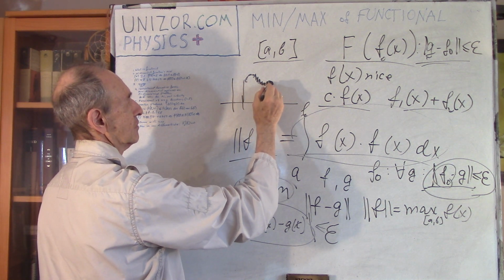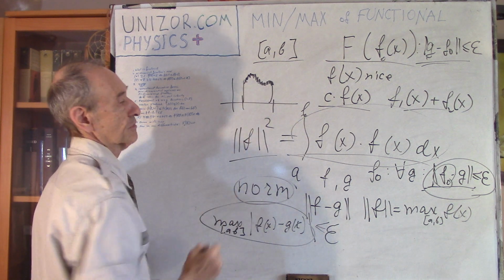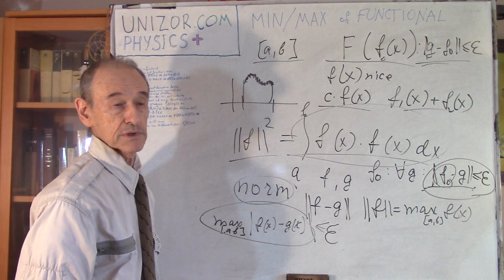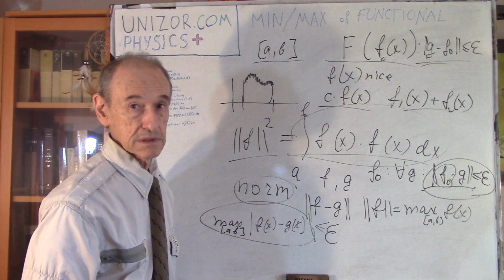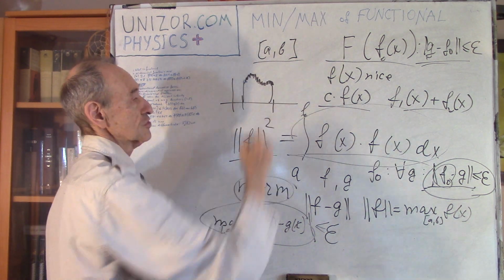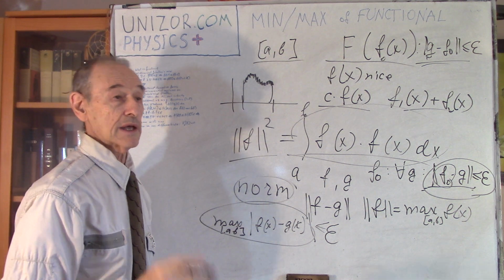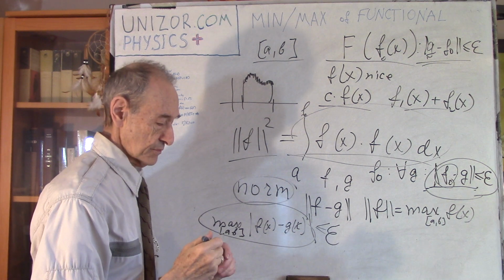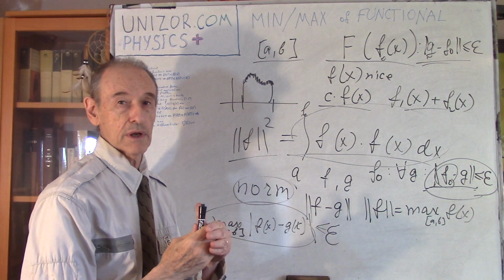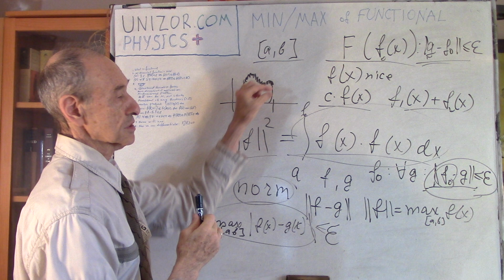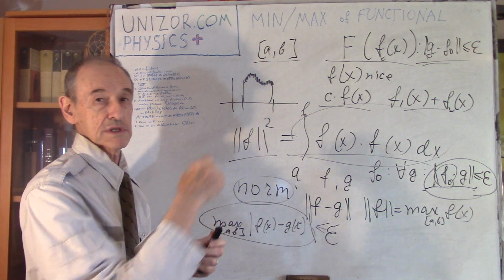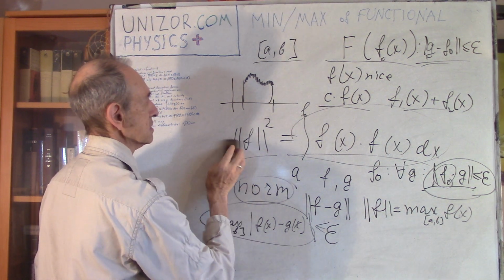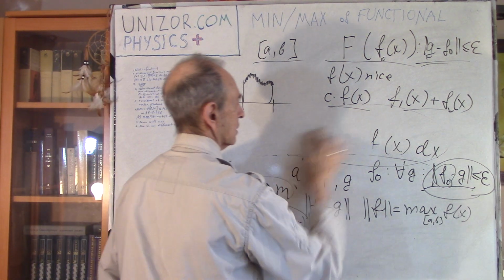So it can be very, very close, but with very sharp teeth. Sharp teeth means derivative. In physics, derivative is a speed, right? So the speed of changing can be very, very high. And sometimes we don't want that. Sometimes we want to consider functions to be close to each other if they're close not only by ordinates, but also close in first derivative, which means that in this particular case, the norm should be defined a little bit